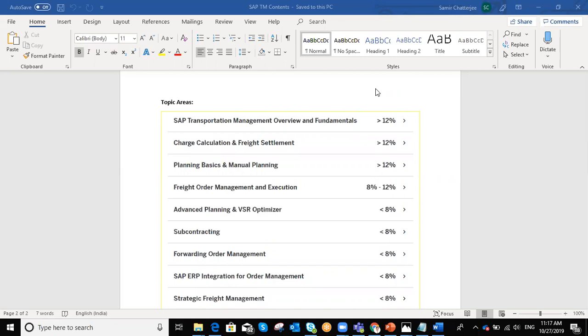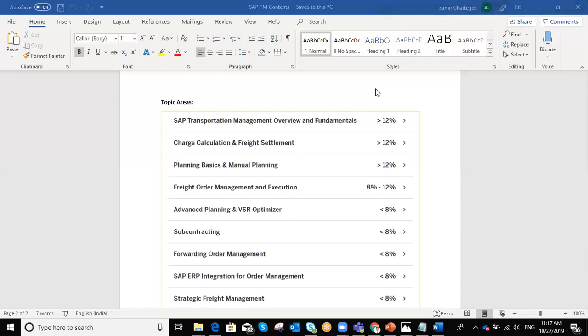And next, 12% for charge calculation and freight settlement. Charge means freight costing. So how to calculate the freight costing based on the transportation route, transportation lane, transportation zone, what the goods quantities are, or what the delivery time is. So it involves shipping point and delivery point also. There is a particular calculation rule for charging these freight